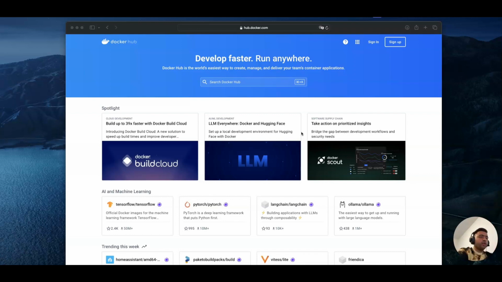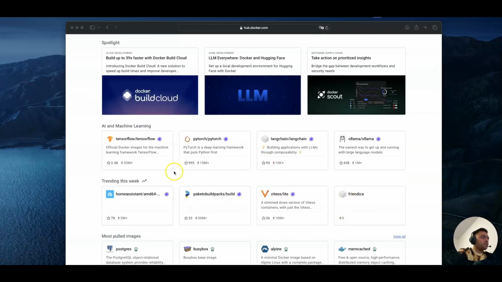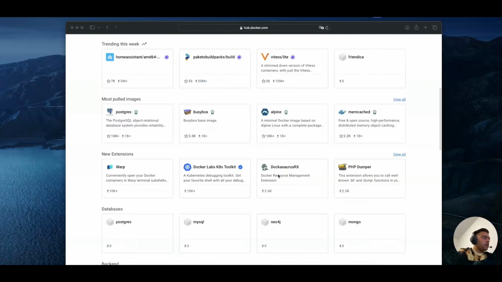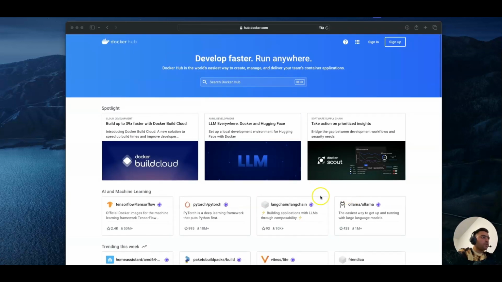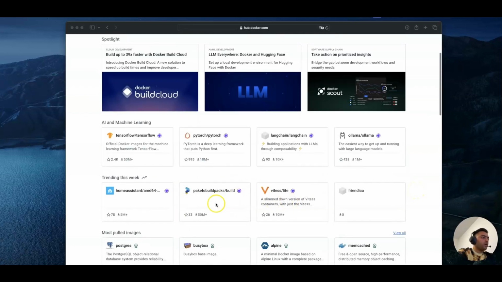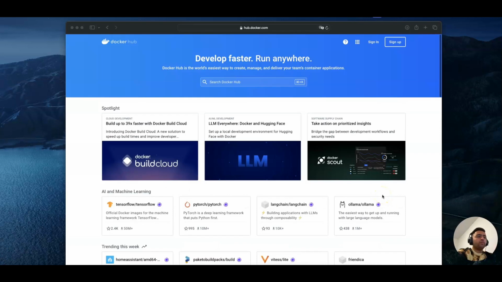So you will just do it in the private registry so that it's available to your team members only. And secondly, you can also pull the images from here. As you can see, these images are available publicly, right? That's why we can view them. So you can pull images such as Redis, TensorFlow, and all these, and you can use them